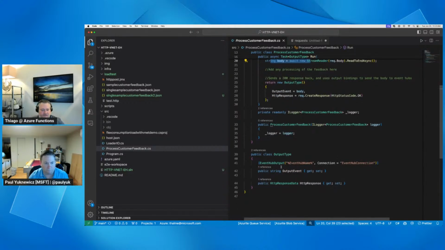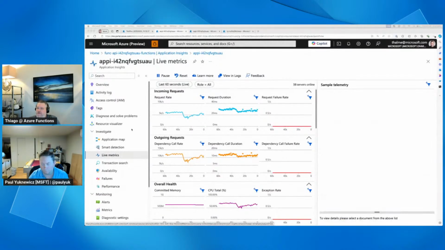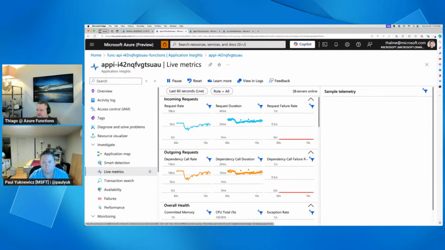So this is where it sends to Event Hubs. But that Event Hubs is behind a VNet, and the app is VNet integrated into that same VNet. So here, back on the App Insights, we see that load testing kicked off the load, and it's handling about 5,000 to 6,000 requests per second, with 38 instances handling that load, which is pretty nice. So it basically scaled up to a point where the concurrency setting was for the app, and then started handling all of those. And we can see here that load testing just finished sending requests, and now the app is not handling any more requests.